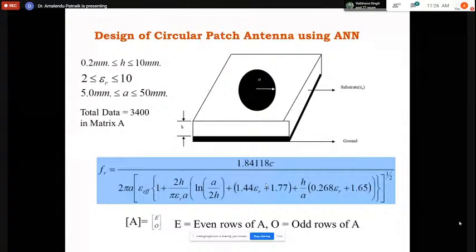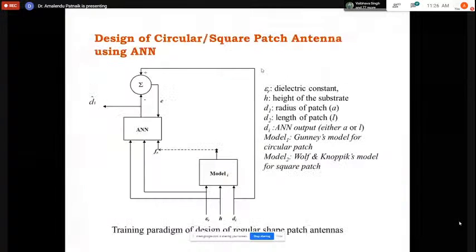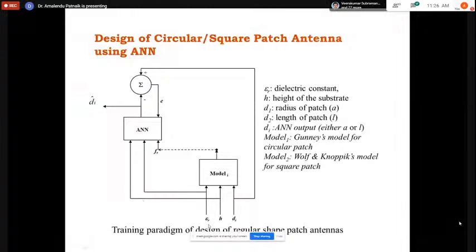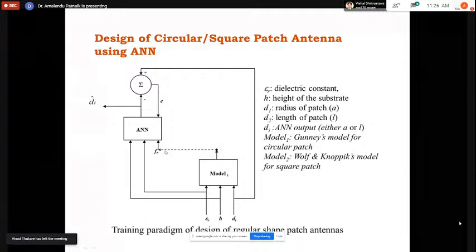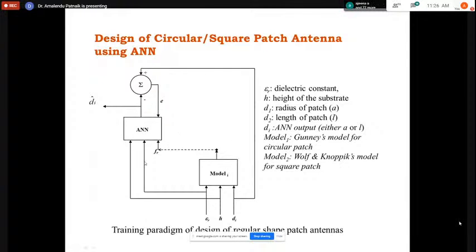So instead of that, what I can do is I have that particular model or that particular formula where I can give epsilon r, h, and the diameter or the radius. Then from that I can find out FR. But to the ANN, what are the things that I am giving? Epsilon r, h, and the fr as the input, and I am finding out the radius